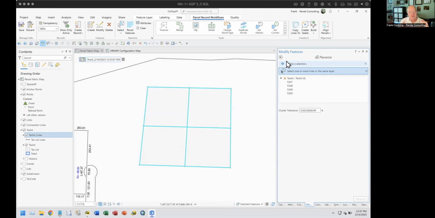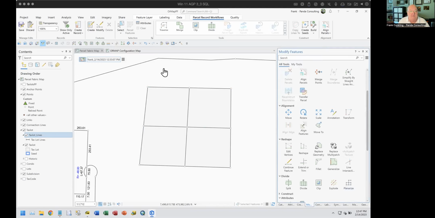All right, so learning to use the actual tools inside of Pro and all of the abilities on here, it can make it so much faster and so much easier for you. All right, I'm going to do a couple things here. I now have, by the way, it's planarized. Let's go in here and select that one polygon here and show you the division of